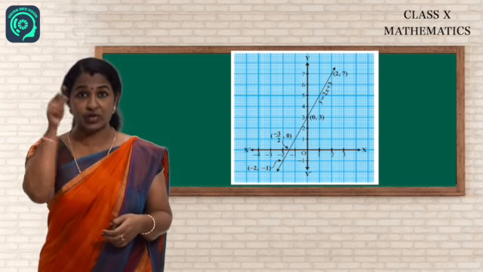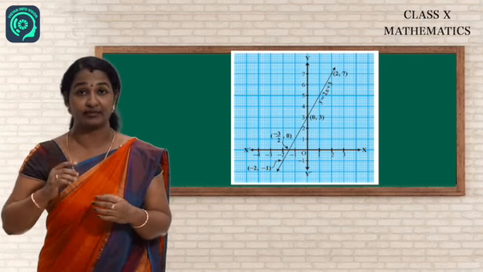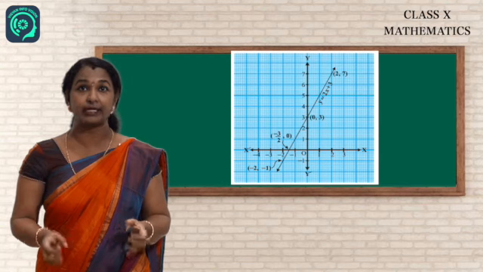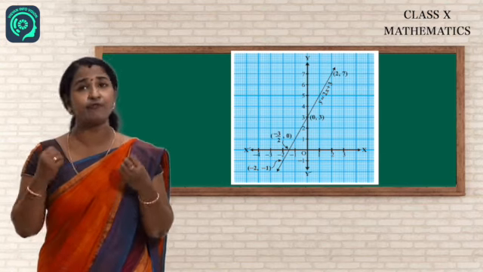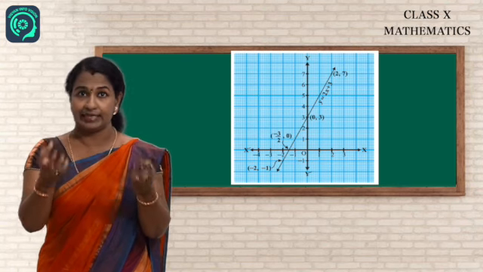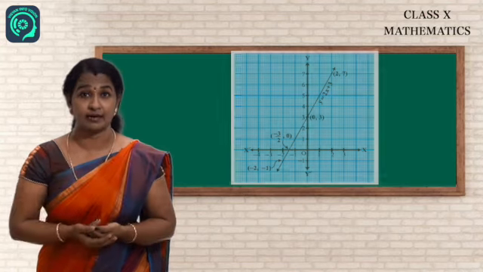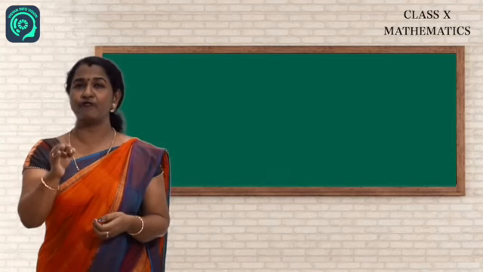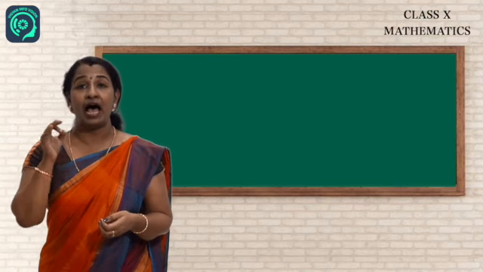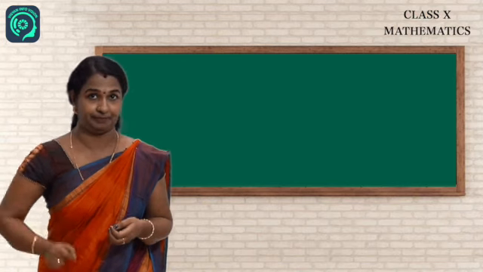This graph, this straight line will meet the x-axis only at one point. That clearly says that the linear polynomial is having only one zero. And of course, it is based on its degree. If the degree is 1, it has only 1 zero. Both are interrelated. So I think it is clear for you. For a linear polynomial, the graph will always be a straight line and the number of zeros is only 1.